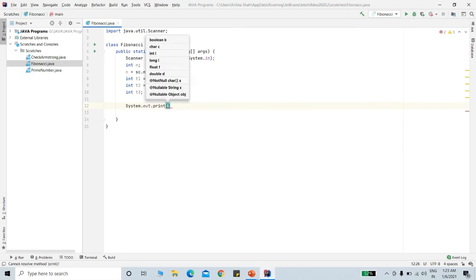Remember, we are using system.out.print and not println to avoid the new line, as we want the sequence to be printed in a single line.